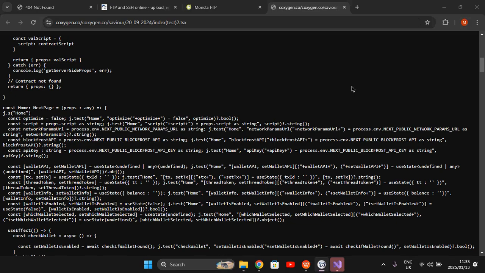If you check other ones, for instance, the second one, const script equal to props.script as string. This one already tells you that the object here has to be a string. So you see j.test, you have the home again, the script equal to props.script just as it is written. Although I added the brackets with the plus script, just to make the test code more descriptive and more in depth. But you can just write script equal to props.script as string,